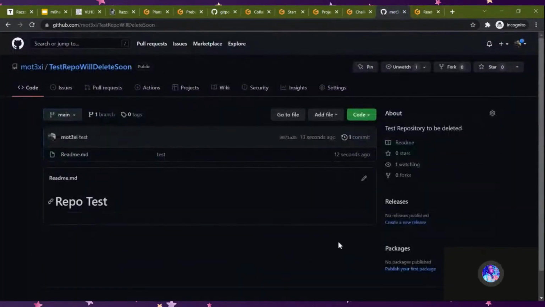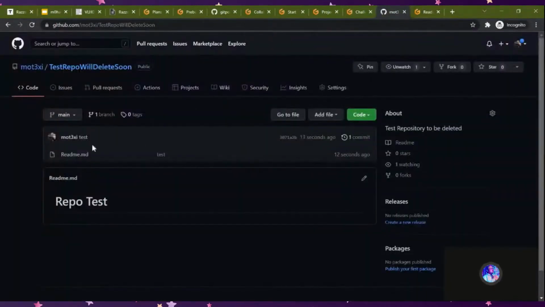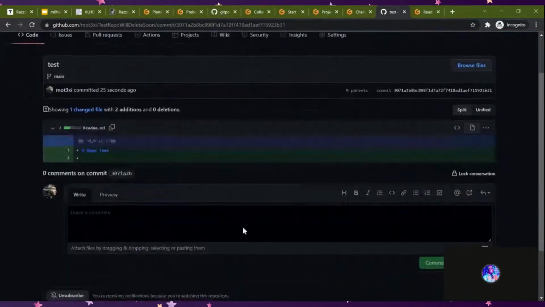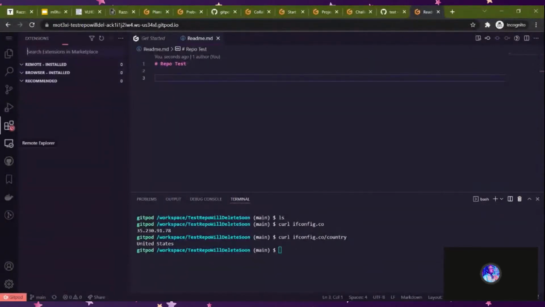There it is. I have pushed it directly from here. You can see it's quite fast. Nothing is happening locally. That's one benefit, if you had hundreds of megabytes of files. You can see the commit over here. There it is, and here's the test repository, right? And coming back over here, as I said, it's quite familiar. It's exactly like VS Code. You have the entire gamut